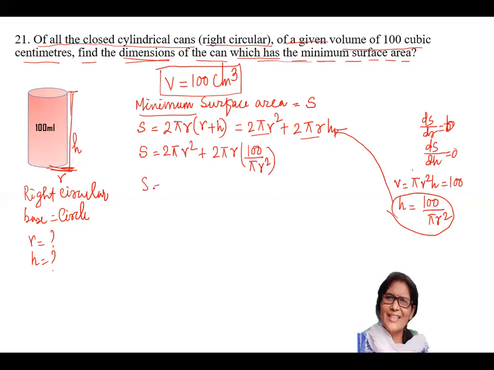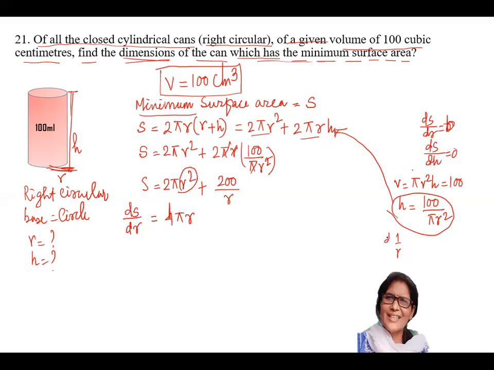Now S is equal to 2 pi r square. Let us simplify a little. Pi pi cancel, r is cancelled, so I am getting 200 by r. So this is your minimum. When anything is minimum, its derivative is 0. So now I will write dS/dr. r is the only variable here, so there is no problem to differentiate. So r square, derivative is 2r, so it will be 4 pi r. Now it will be 200 into 1 by r.